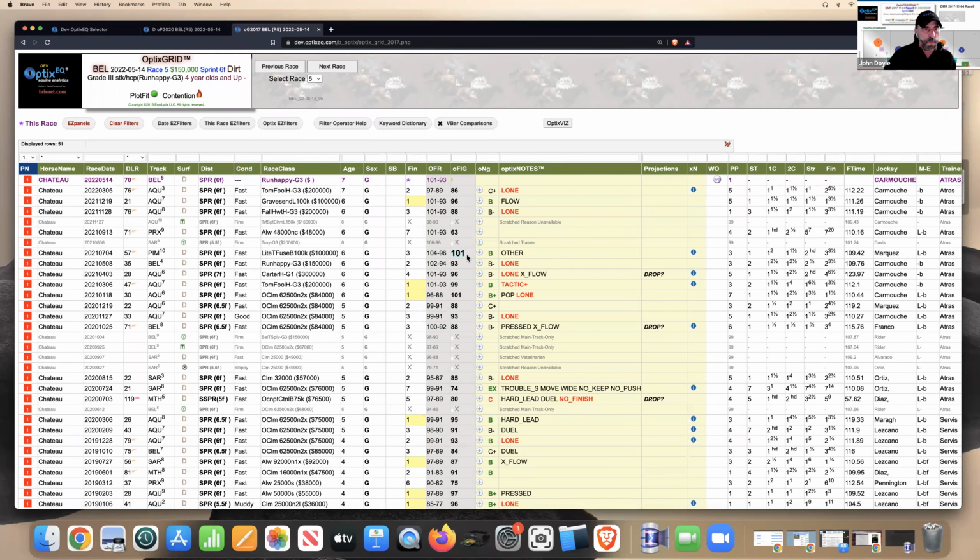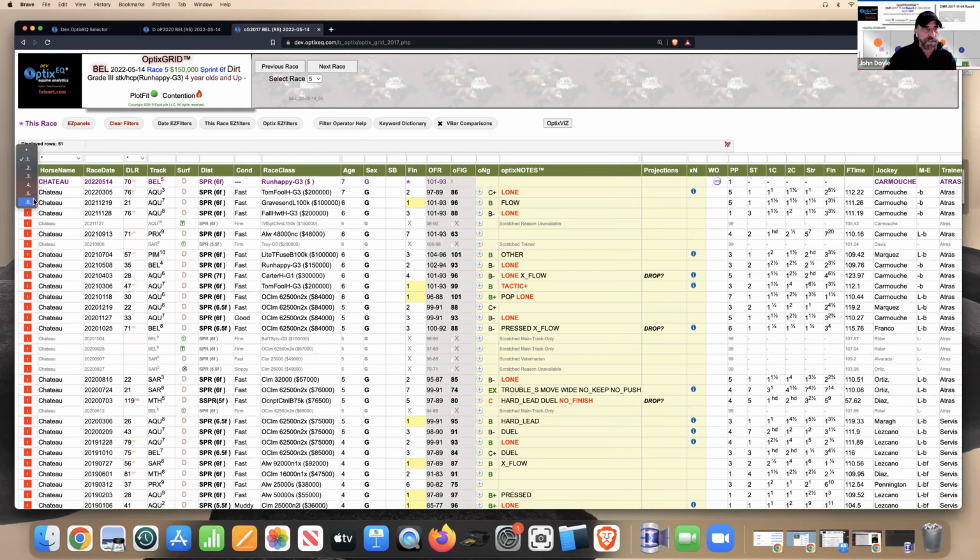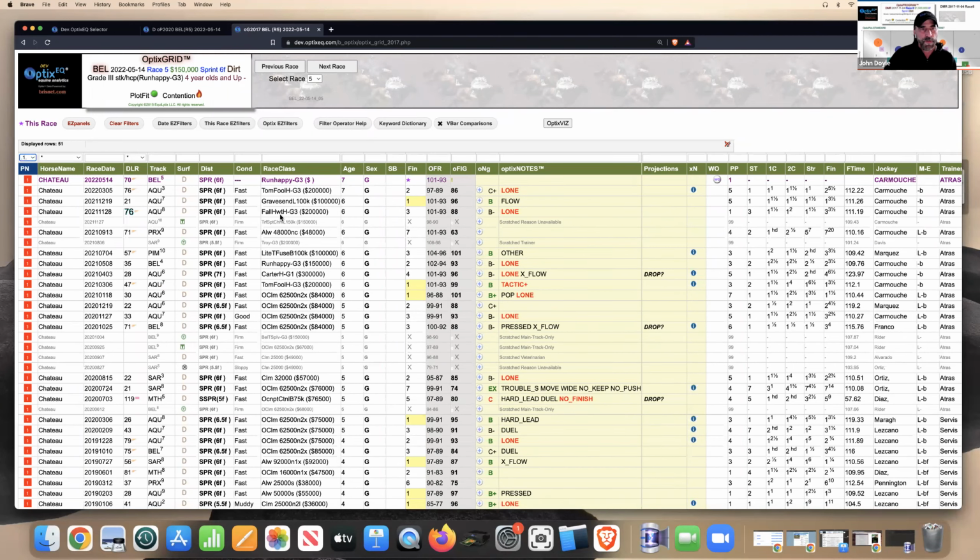Since that 101 he ran at Pimlico. Again, Maryland racing is probably a tier or two down from New York racing, so it's hard to compare. But this horse is capable of running 101, gets loose on the lead. But we see the contention in this race, so he may not get loose. The horse that he's going to have to deal with is the 6. So I think at 5-2, this horse is a horse you want to